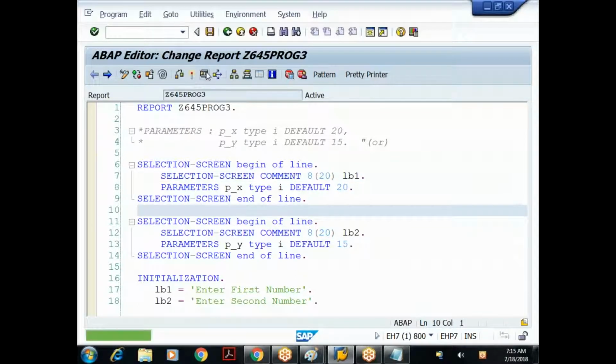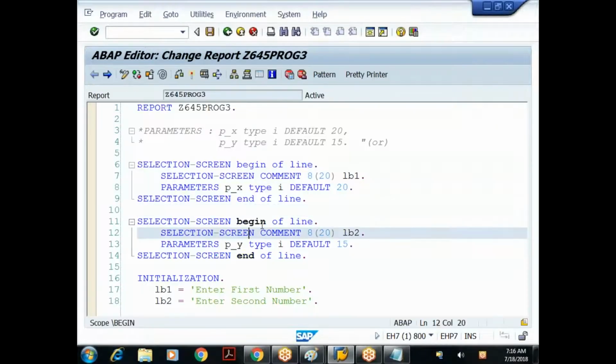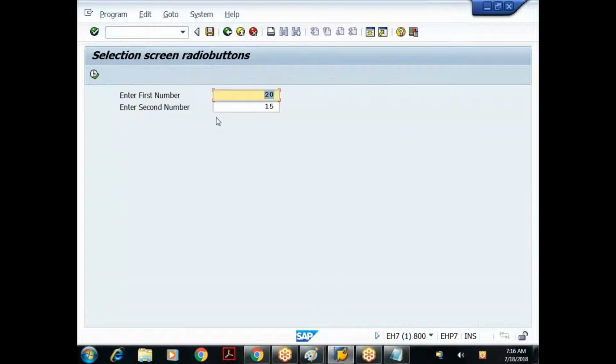External in the sense, suppose the selection screen is displayed to the user. Now on the selection screen I'll do some actions. What are the actions I can do? I may press the enter key in the input field, or I may select a radio button, or I may click a button. So depending on the user action, SAP will trigger appropriate events. Here also, the initialization event got triggered when I start execution. This is also an action. When I start the execution, it will check whether the initialization event is handled. If it is handled, it will execute that particular logic inside it.